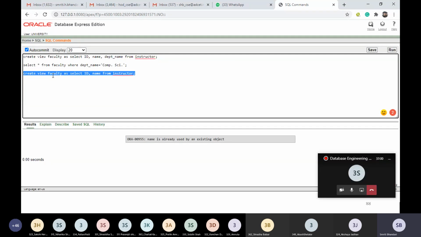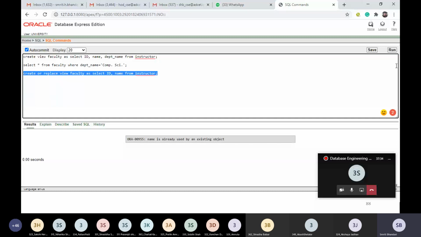So it is not possible to once again use the create view statement with the same view name. Instead, if I want to replace the same view with another definition, I can make use of a statement like create or replace view faculty as, and then the definition of the view.